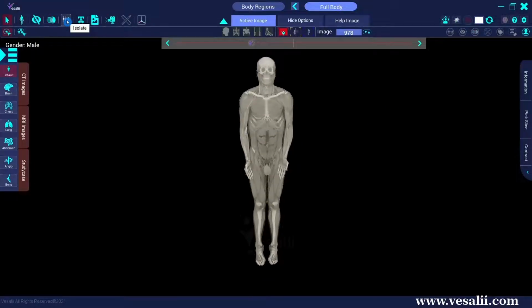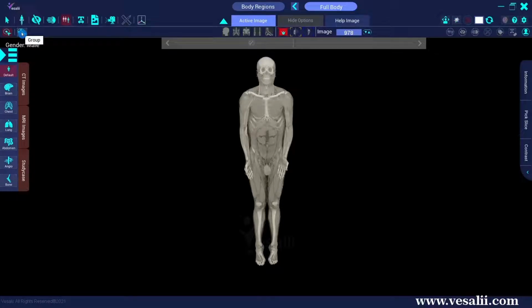The Isolate tool isolates the selected image or group to see it alone in the scene. Two isolate options are available in the secondary toolbar, each providing different isolate modes. The application activates the single isolate button by default, which allows the user to isolate a single image. We use the group selection button to isolate a group of images.